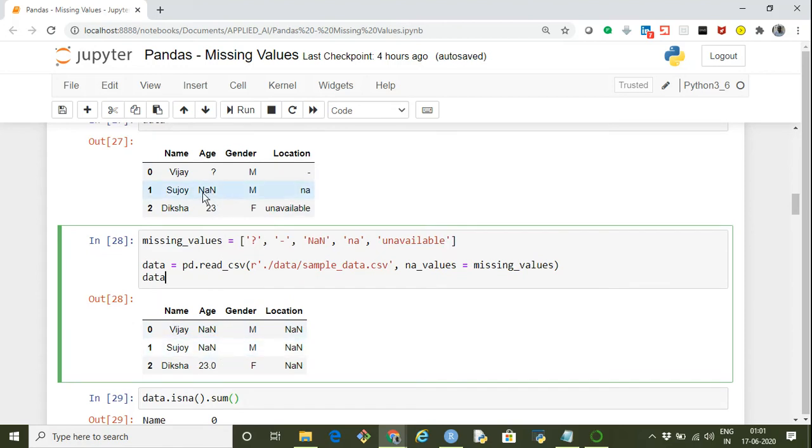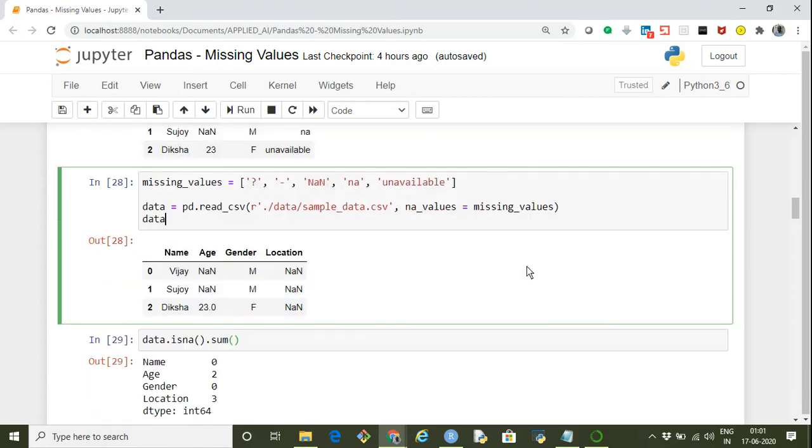So this was a string, or you can say text, "nan". Now this is actually NaN. This dash got NaN, NA actually got converted into NaN, unavailable got converted into NaN. So whatever we have specified in these missing values list, all those things got converted into NaN. Now this is all consistent,